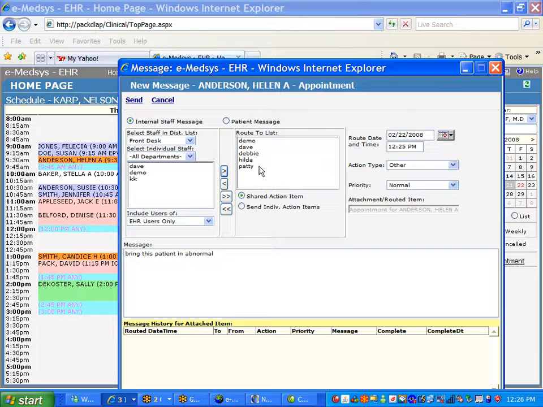So I'm going to go ahead and send this message. And by the way, I'm sending it to myself as well, just so I don't have to log in and log out to see that message, for you to see the message come in. And if I go to my